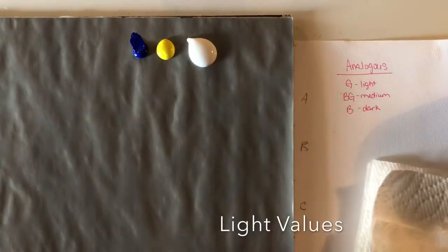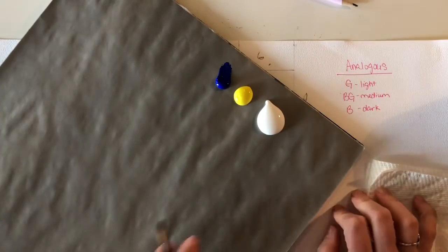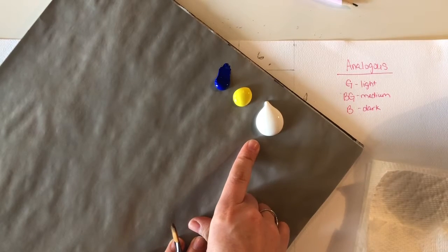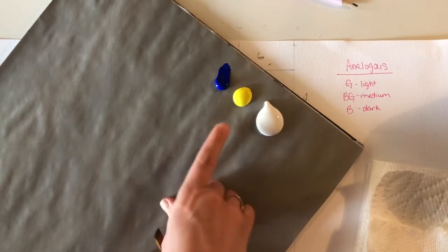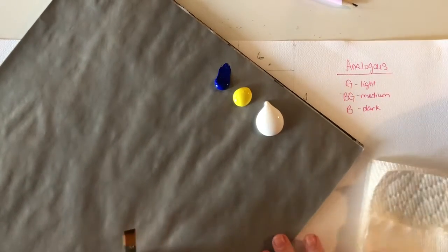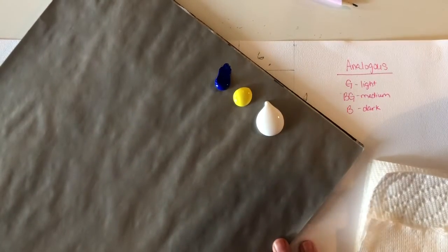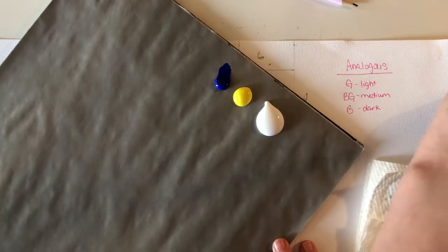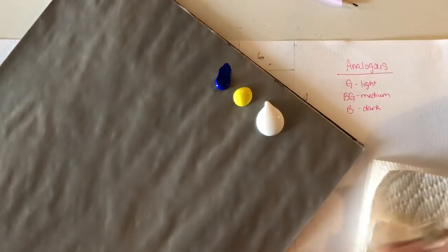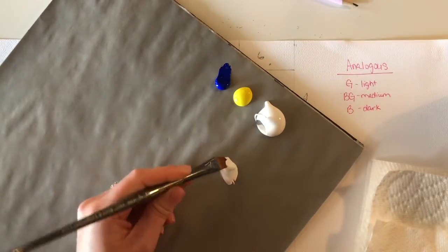So to mix our very first color, this part is going to be really, really important, is we need to make sure that we mix that color light enough. So notice I've put out a good bit more white, about a quarter size dollop, and then very, very small, about dime size dollops of my other two colors. So to mix my light green, I'm going to start by wetting my paintbrush first in my cup of water. You never want to dip a dry brush straight into acrylics. So always start with a wet brush first,